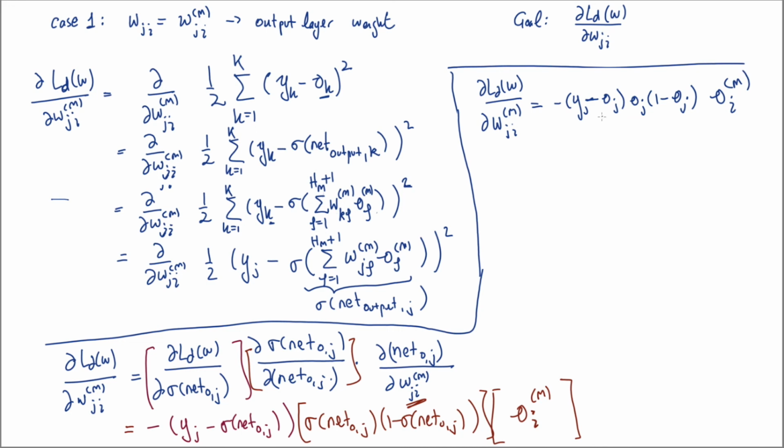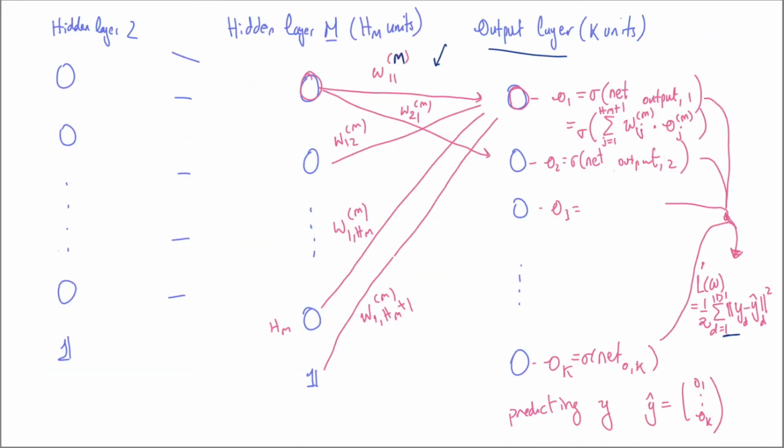Okay. Now I want to be really clear, right? I've written this using some slightly different notation to what was in the lectures. The o_j's without any superscript are specifically outputs of the final layer. This output here with a superscript m is the output of the previous layer, right? It's the output coming from the ith input from this layer into this particular layer, right? So o_i^m, right? So if i was equal to 2 and we're computing w_3i^m,